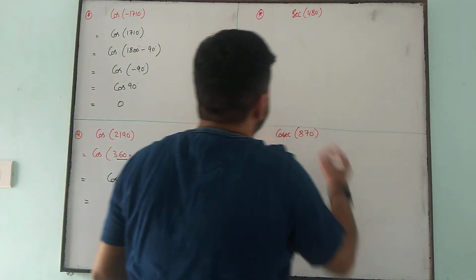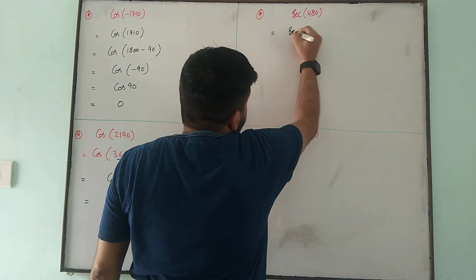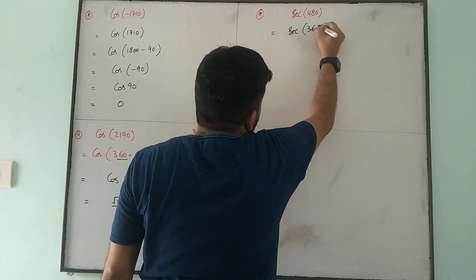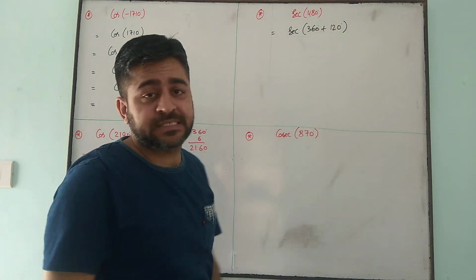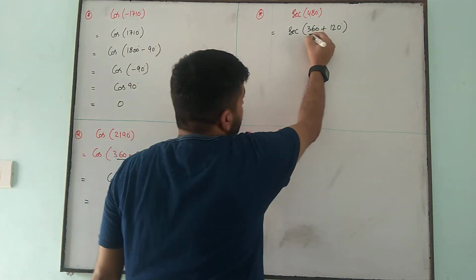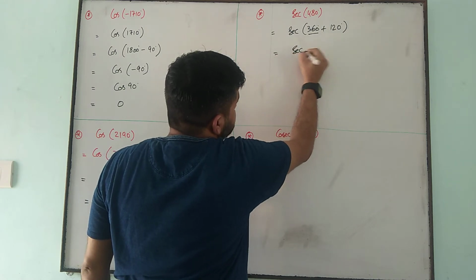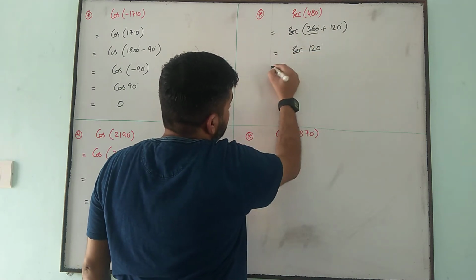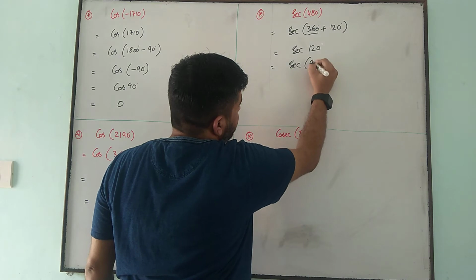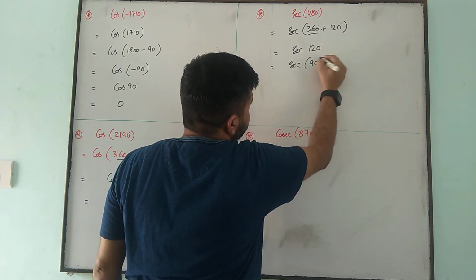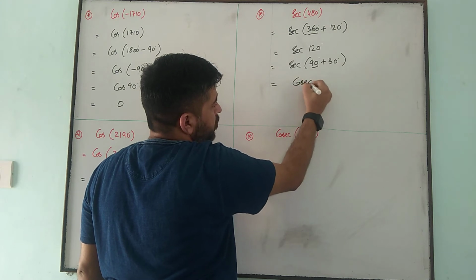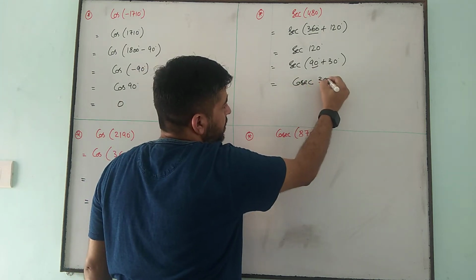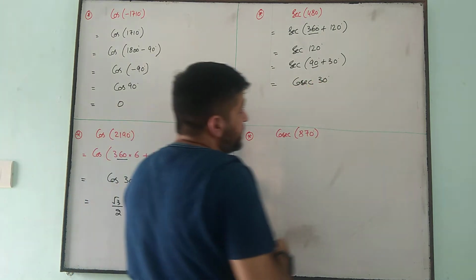Secant 480, that is secant 360 plus 120, and 360 is simply replaced by 0. So we got it secant 120. Now secant 120 we can write 90 plus 30, and the concept for 90 is it is changed into cosecant theta, and 90 plus theta,